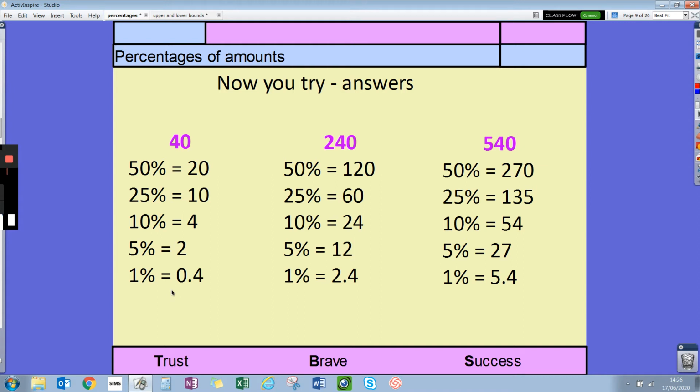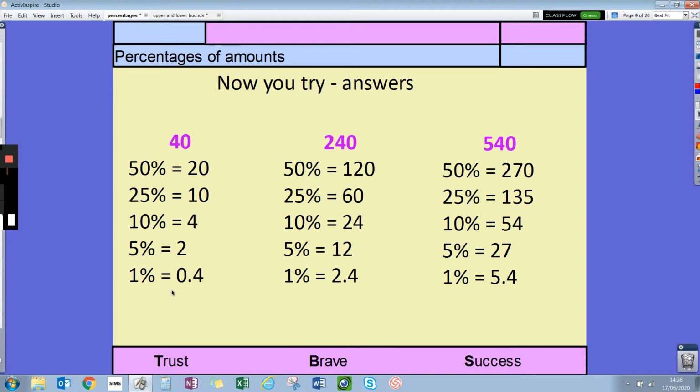240, 50% is 120, 25% is 60, 10% is 24, 5% is 12, and 1% is 2.4. And then 540, 50% is 270, 25% is 135, 10% is 54, 5% is 27, and 1% is 5.4. Well done if you got all of those correct. If you're not sure, look back at the rules that we've just looked at and see if you can correct any